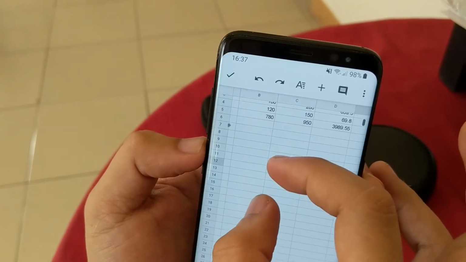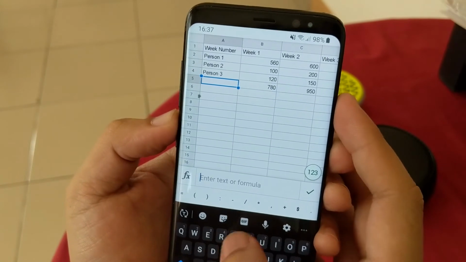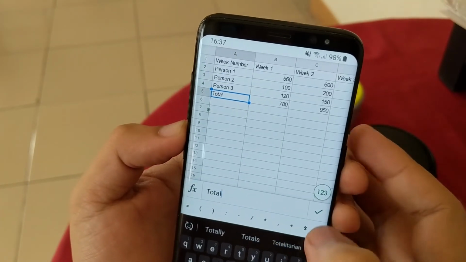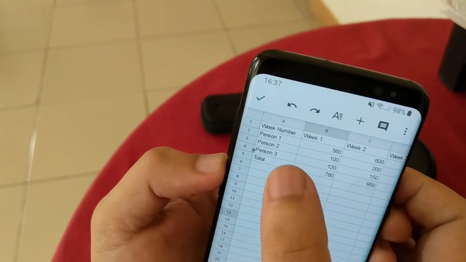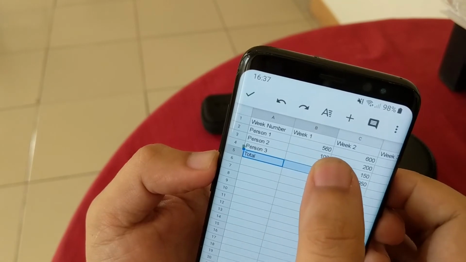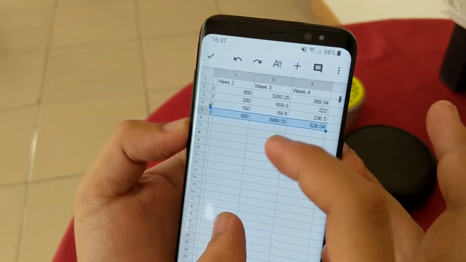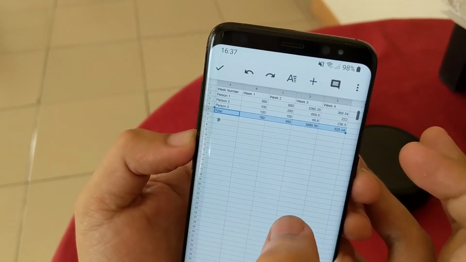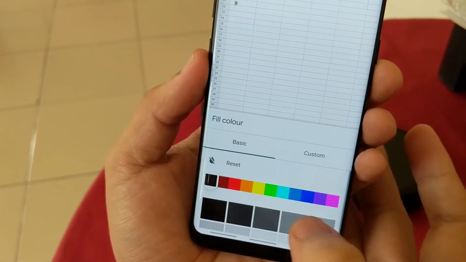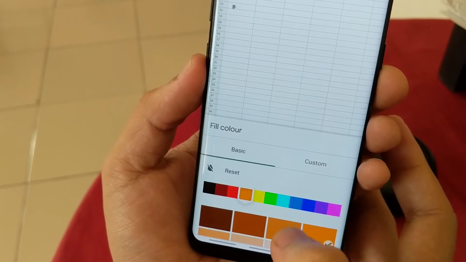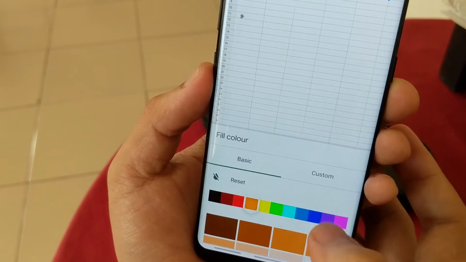The last thing maybe that I will show you is how you can add colors to the results. So for example, you want to have this labeled as total. Okay, so you can have the total. You can tap on total and drag them until week 4. When you go here, it's highlighted, and then you can choose the highlight color, the background color. If you want it to have orange, okay,